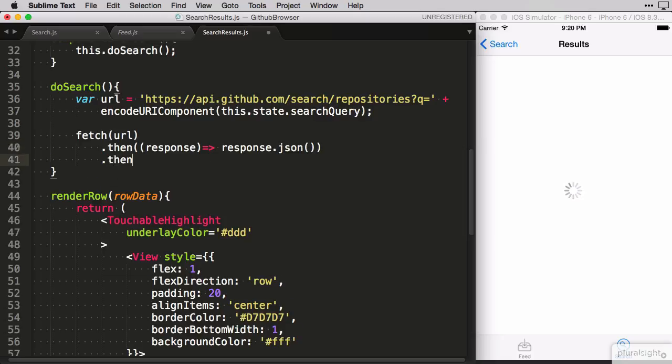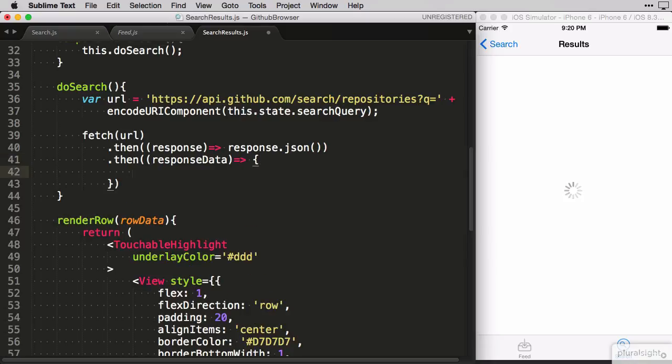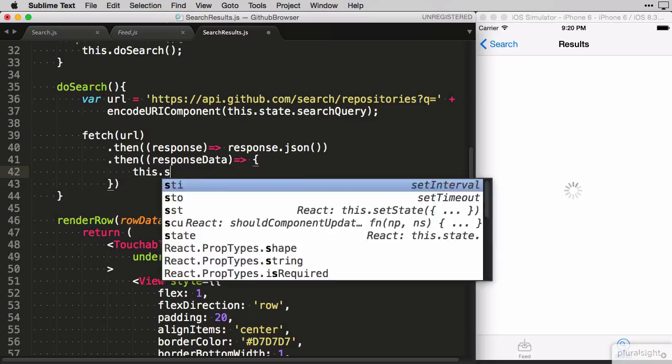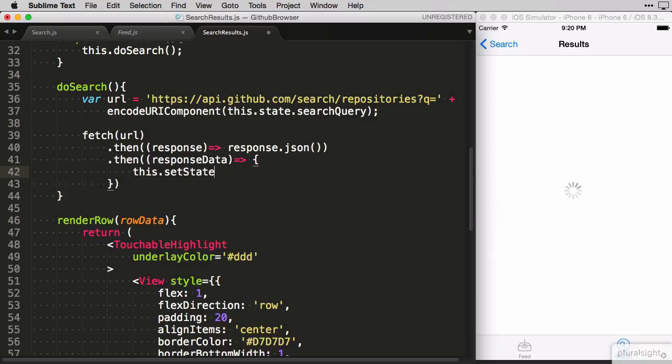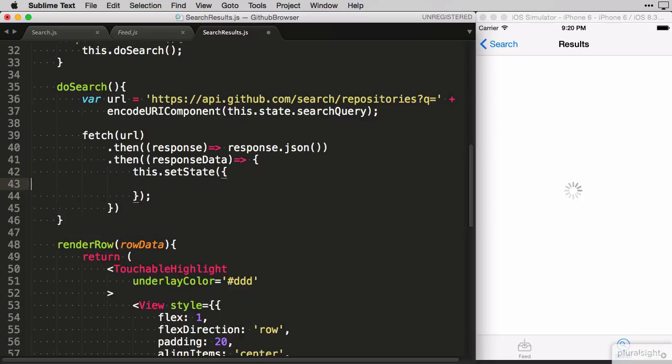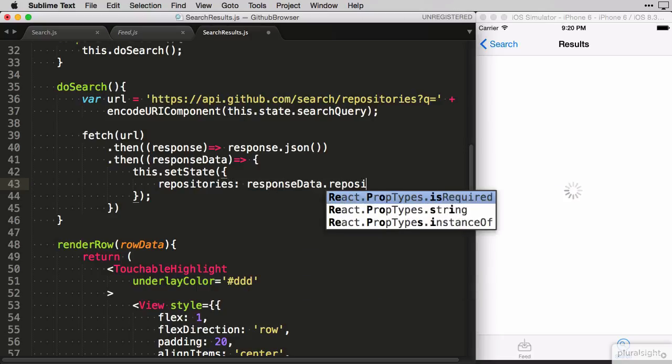Now we chain another then on here and add a handler function. The parameter passed to this function will be the JSON response of the call. So we want to do the bulk of our logic in here. We might want to store the repositories brought back from the call, and we want to do this on state, which of course means that we need to set it using the setState function. We set it using a key called repositories, and we set that to the repositories property on the response data